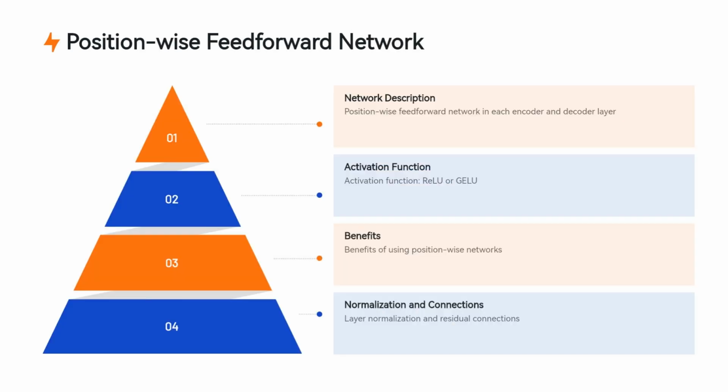In addition to the self-attention layers, each layer of the encoder and decoder also contains a position-wise feed-forward network. This network consists of two fully connected layers with a non-linear activation function, such as ReLU or GeLU, in between. The feed-forward network is applied independently to each position, word, in the sequence, allowing the model to learn complex transformations at each position. This design is particularly efficient because it applies the same transformation to each token without any interaction